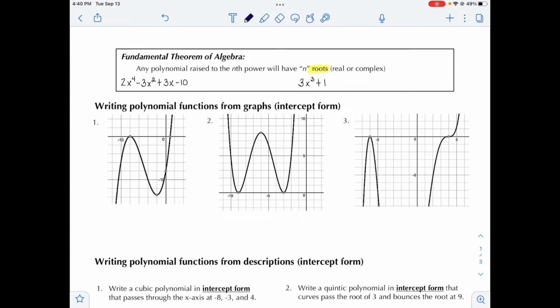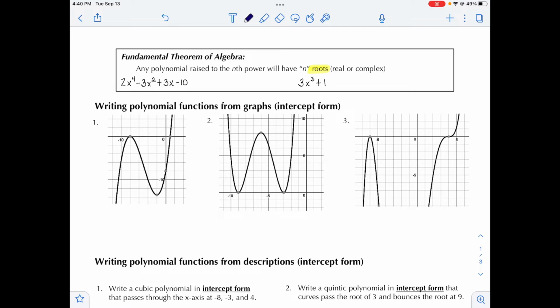This lesson is going to be about writing polynomial functions from graphs and from certain criteria. So we're going to talk a little bit about the fundamental theorem of algebra. That just means that any polynomial raised to some power will have that many roots, and they can be real or complex. So if we look at this first example, 2x to the fourth minus 3x squared plus 3x